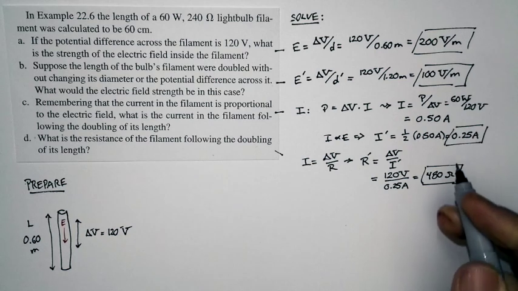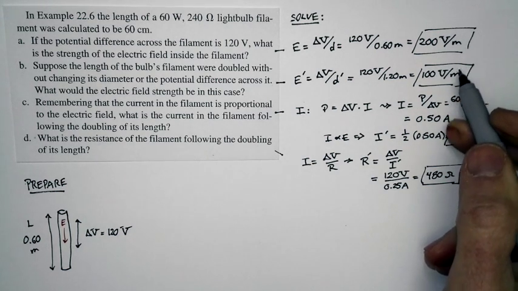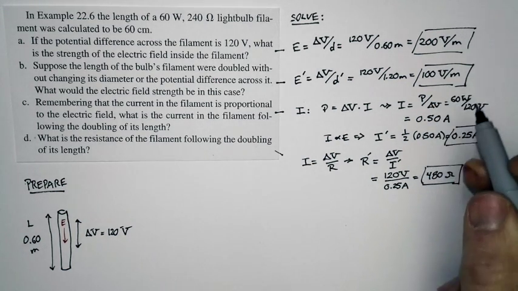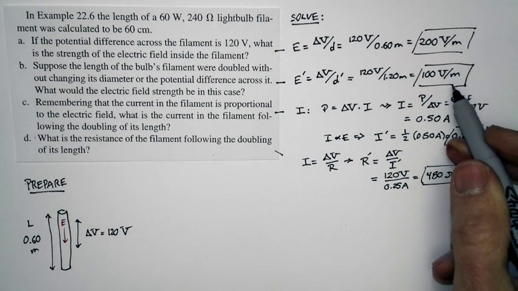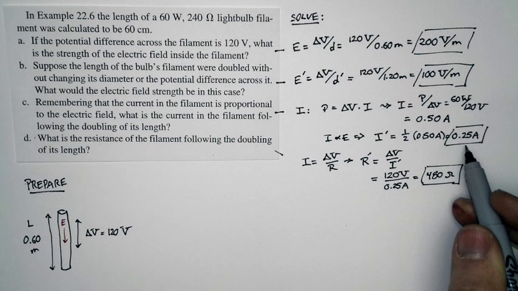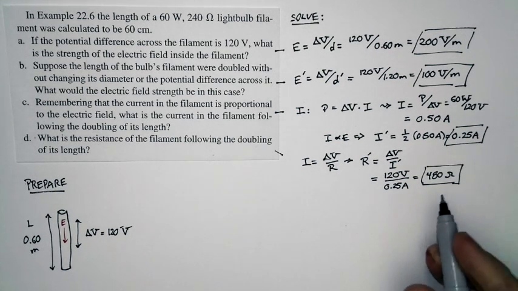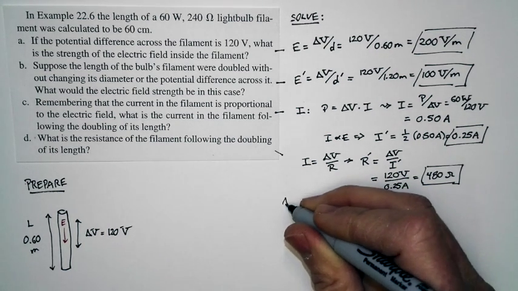Now, one of the reasons for doing this problem is so that we can look at the relationship of these different variables. Look what's happened. I've doubled the length, so I've halved the electric field. I have half the electric field, and so I have half the current. I've halved the current, and so I've doubled the resistance. And our assessment